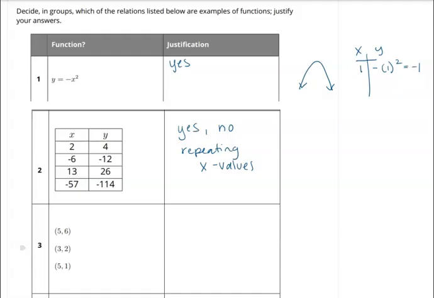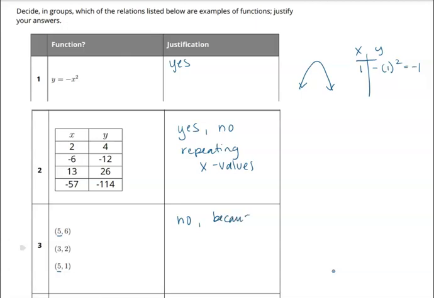All right, so if we look at this, we've got coordinates and the X's are listed first. So when I see this 5 and this 5 here, now I don't want to just assume that because they're both 5 that that is a repeating X. We have to see that indeed it's actually paired with a different Y value in each of those. So the first one is paired with a 6. The second one is paired with a 1. So since those are two unique Y values, or two different Y values, then we would say that this is not a function